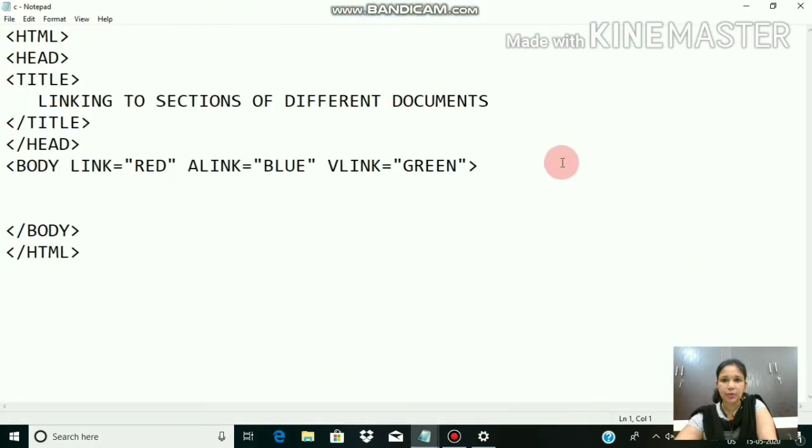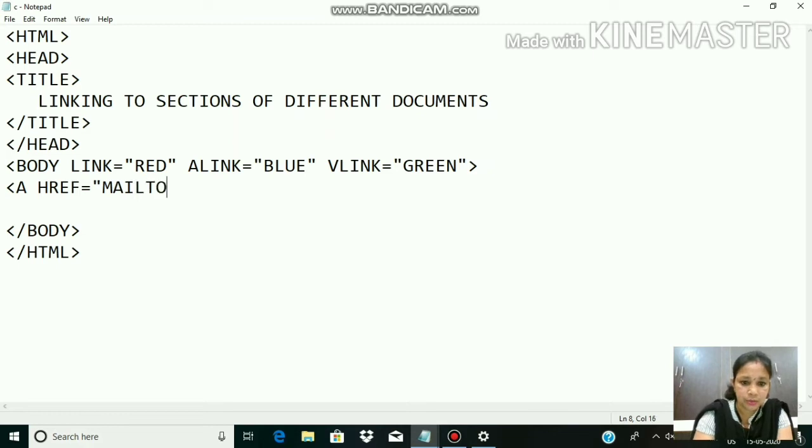For that, the way I told, you just have to do that. What was that? A href equals to, within quotation marks, mailto, then colon sign, give any email address, abc@gmail.com, okay, and then question mark, and then subject equals to, I'm giving urgent, and double quotation marks done, angular bracket closed.